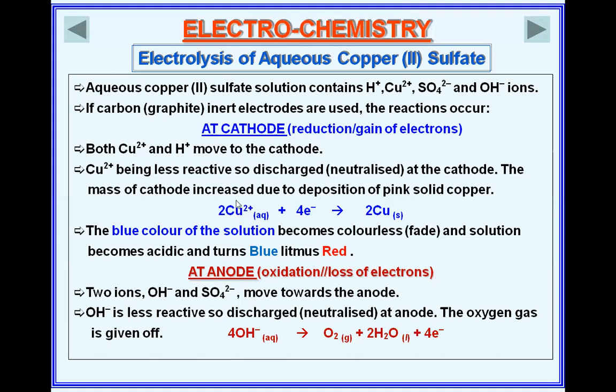Copper ions from the solution travel towards the cathode and gain electrons. As a result, solid pink copper or red brown copper is deposited on the cathode. So the size or mass of the cathode gradually increases. The blue color of the solution becomes colorless. The reason behind it is